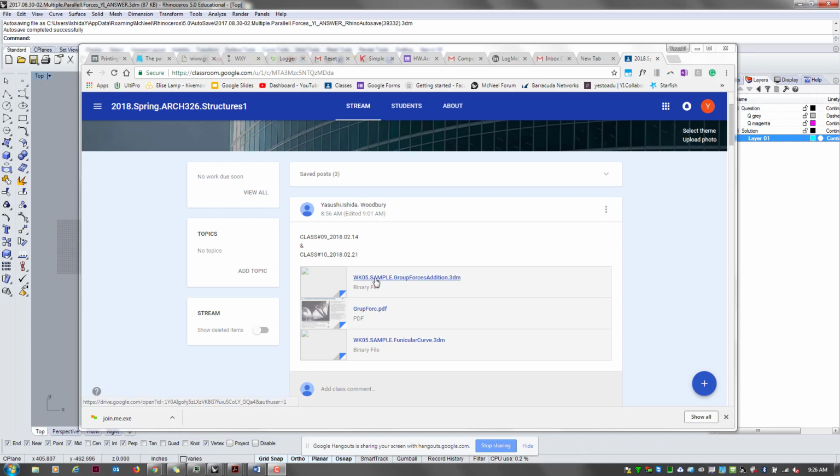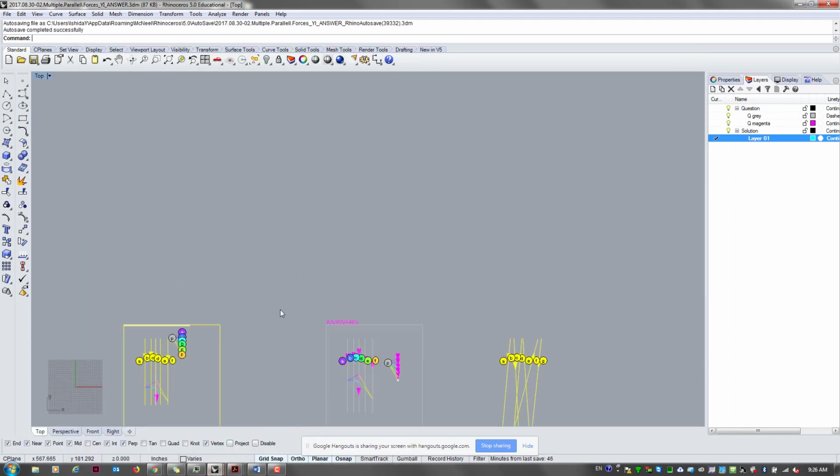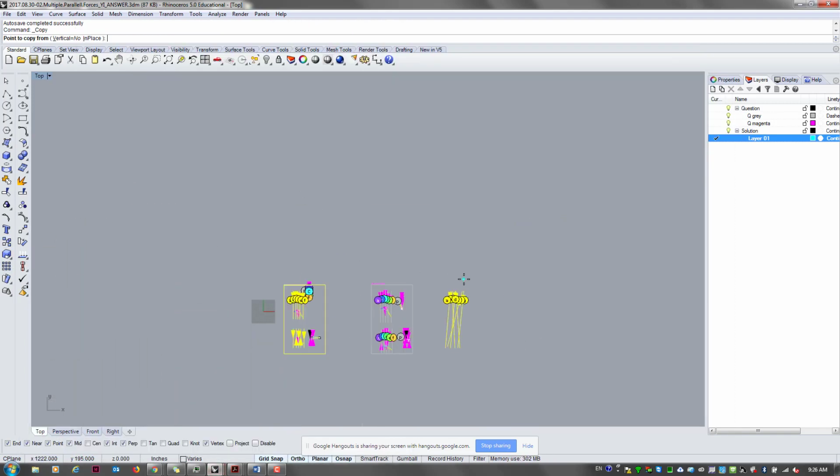So the first one is group forces addition. I think it should look like this. I separated these out. So we've looked at how to add these 5 parallel forces and where the lines of action are,